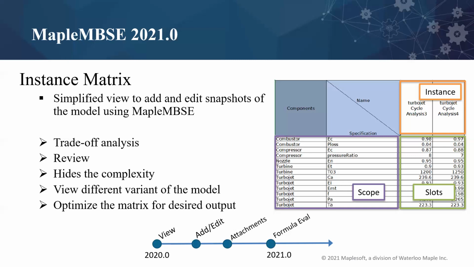If your entry is valid, you're going to see the cells accepted. If not, you are going to see a pattern as how MapleMBC has been showing an error till now. And you can also add a new instance and its values by adding a new name into the column to the right of the existing column that's being displayed in the matrix.